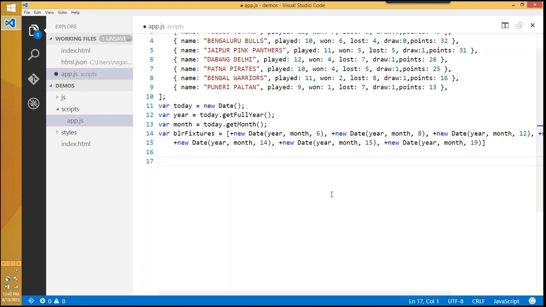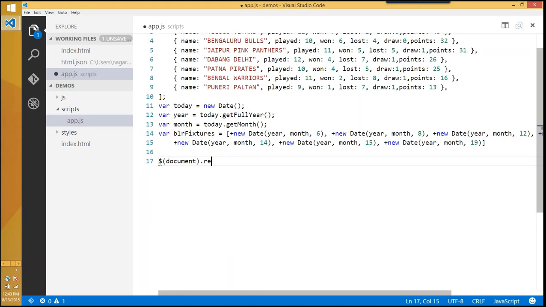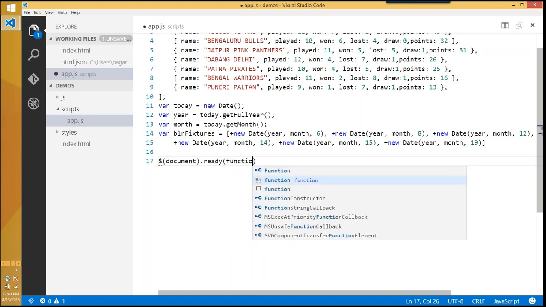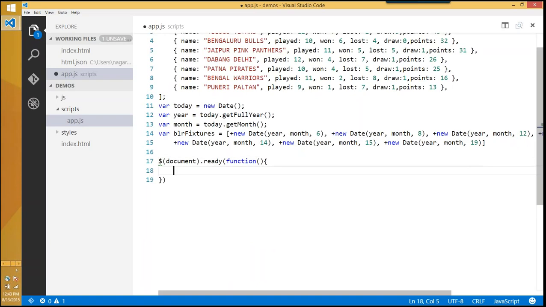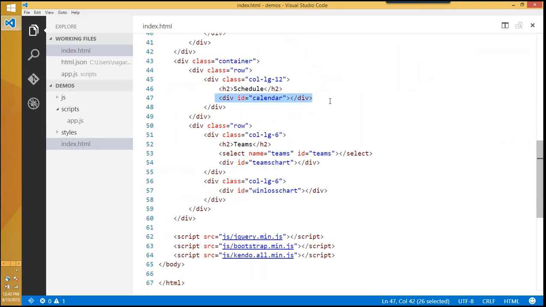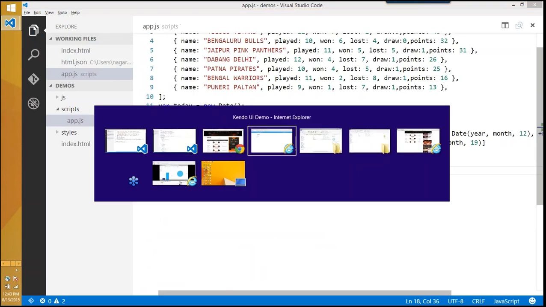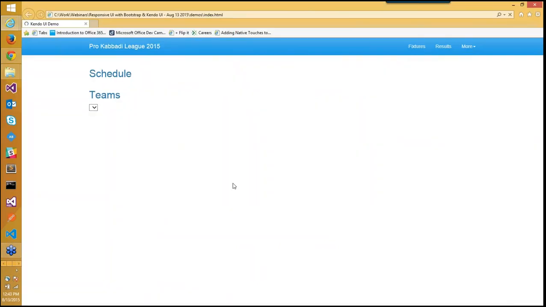So now, first thing that we need to do is say document dot ready function. This is the basic thing. Now if you notice here, we have the calendar. I want a calendar coming up here, right? So let's grab this element which has an ID called calendar and convert that into a Kendo calendar. That is all it is to create a particular control. So if you now refresh,